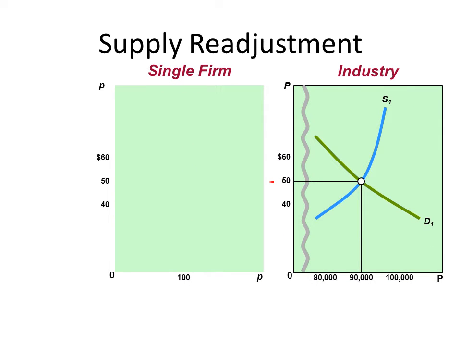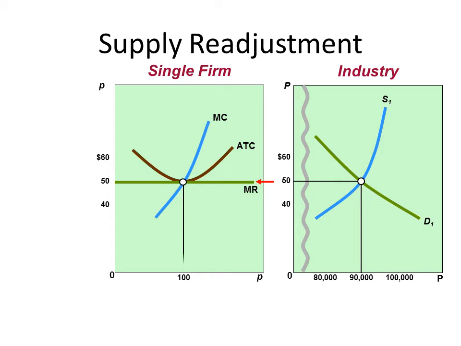Okay, what happens in the long run in a purely competitive market? Let's look first on the left-hand side at the graph representing the single firm. We can assume this is a similar situation to the previous graph where there are a large number of firms and each firm is a price taker. Each firm is producing a standardized product. This could represent the oil market in the United States, where there are literally thousands of independent drillers because of